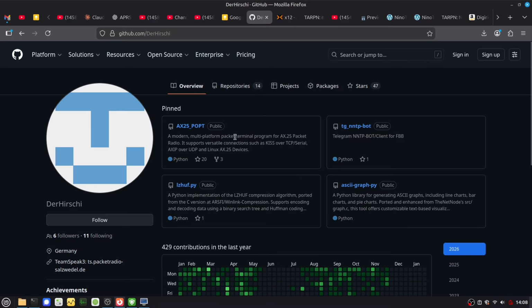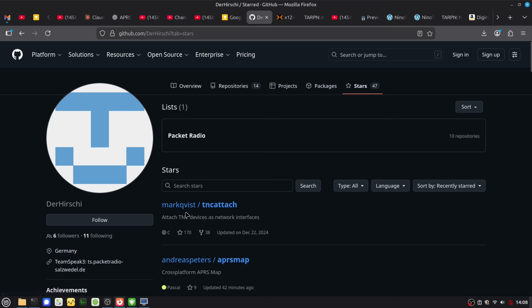What I did notice when I just clicked on stars here, just quickly, you look at this, and the top of the list is Mark Kvist, and some of you may know him as the author of the Reticulum network stack, which I've been playing with a lot over the last year, and it may be that there's going to be some connection between Reticulum or other modes and the old style packet radio. Anyway,